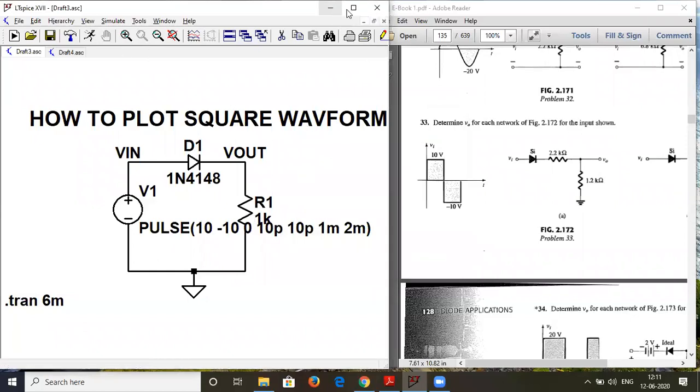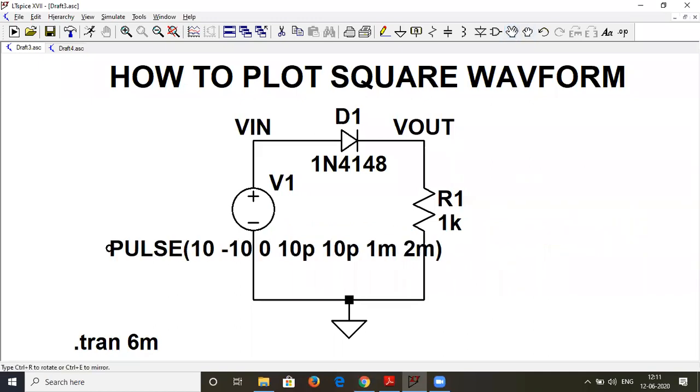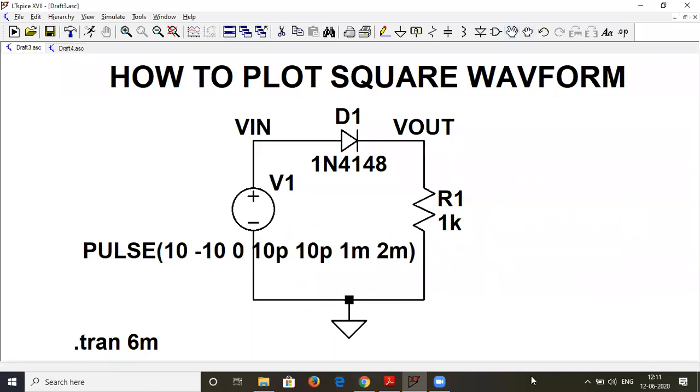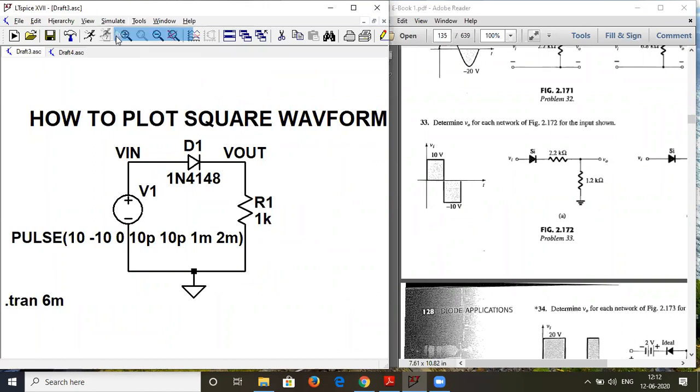And now I can click on, just a moment. Okay, so this I have written to generate the square wave. Now let us see this. So we have to keep it like that only. Pulse, that pulse statement, it's going inside the circuit, right? Yeah, it's fine. I'll tell you. Wait.